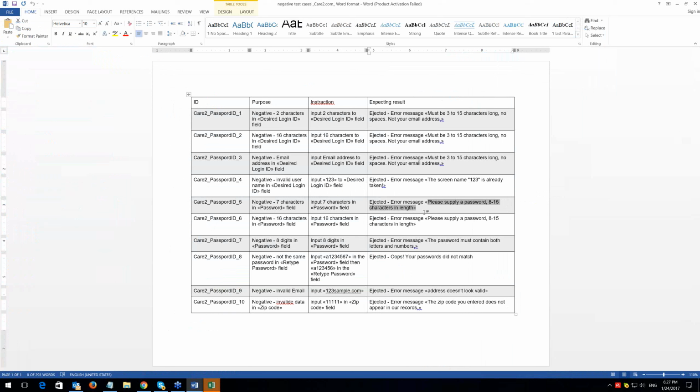If you are telling that, let's say, the desired login ID should not accept numbers, digits, we don't want to verify all the possible digits. We assume that if it doesn't accept at least one digit, it doesn't accept all the others.